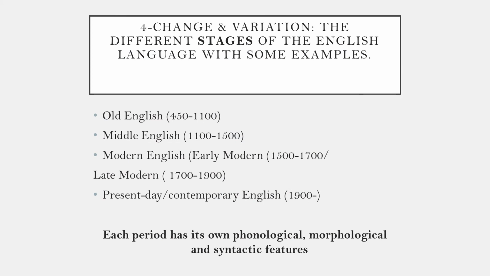Okay, so here we come to the last part of the talk. We're now going to see some of the real thing. English is divided into 4 periods. The first one is Old English, the 5th to the 11th century, followed by Middle English, 12th to the 16th century roughly, and the so-called Modern period, which is divided into Early Modern and Late Modern. Present-day English, or Contemporary English, begins in the 1900s, the 20th century.